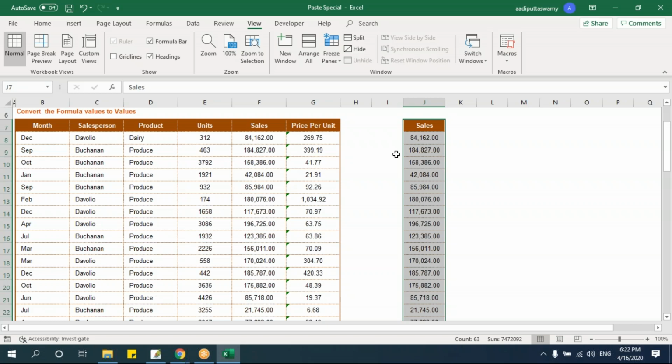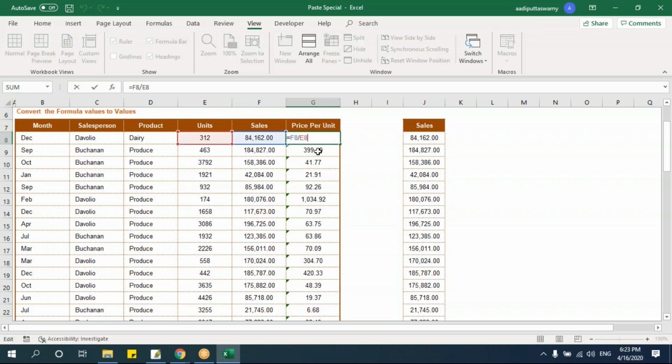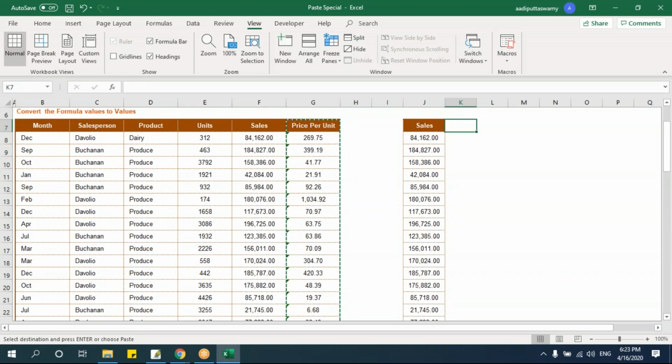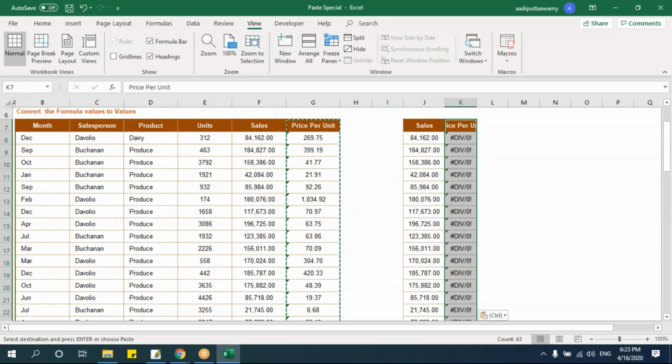Don't worry about that. I'll teach you something called copy and paste special. What is this paste special? Copy and paste everyone knows, Control C, Control V. But what is this copy paste special? Let's assume that I have a template like this. If I double click here, I have a formula. Let me copy this. With a simple copy and paste, I'll say Control V. Can you see that? Something happened here. I'm getting some wrong result, some errors.